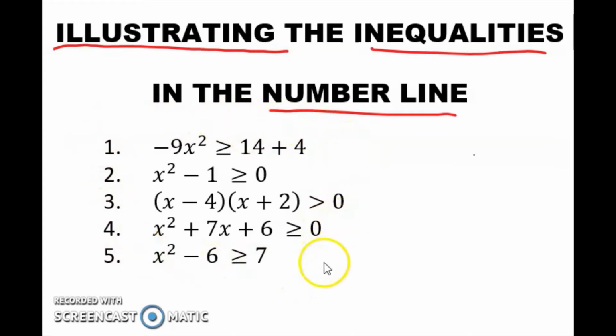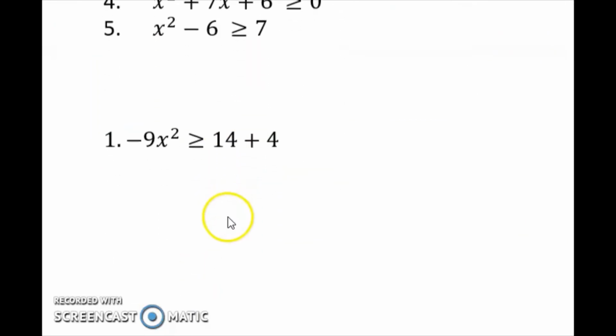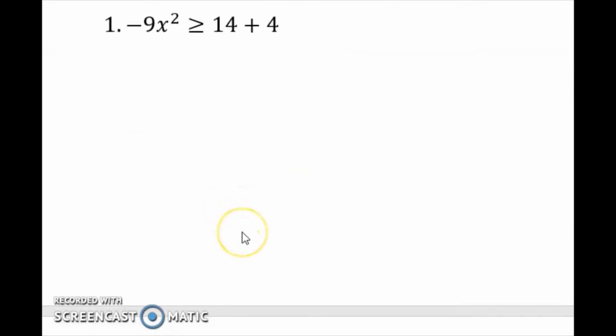So, ito yung mga examples na mai-encounter natin as we go on. Baka mamaya, ganito yung mga nasa modules, no? Hindi, iniba ko yan. Similar type ito, pero para alam nyo kung paano ba isinusolve yung mga gantong type ng mga given. Okay? Kaya wag na nating patagalin pa to. Simulan na natin. Okay, for number 1, we have negative 9x squared is greater than or equal to 14 plus